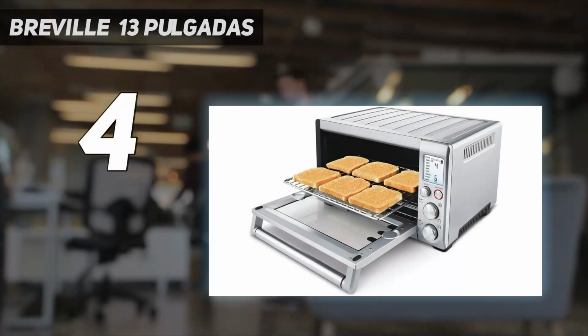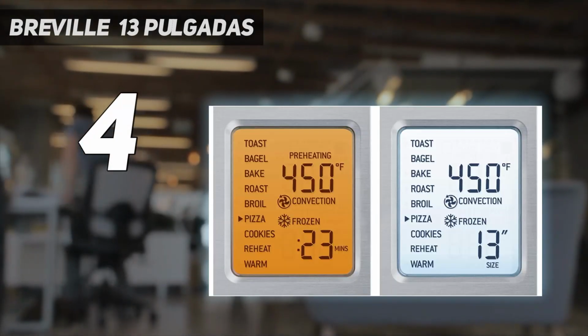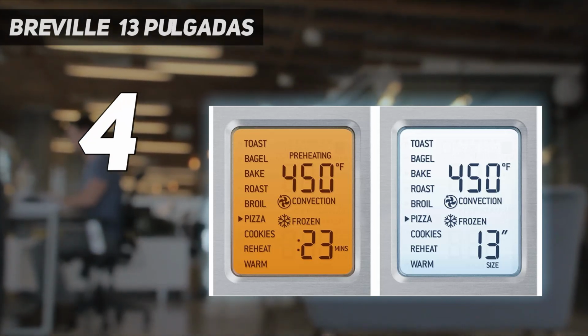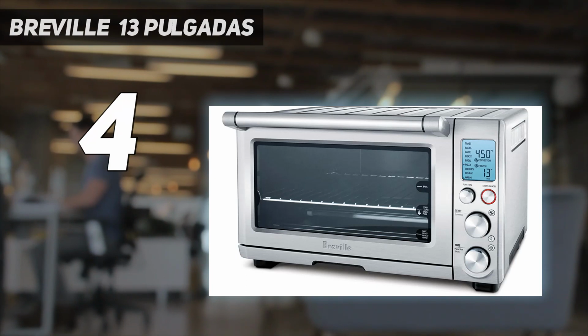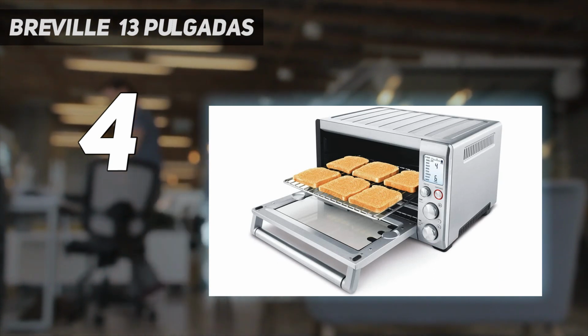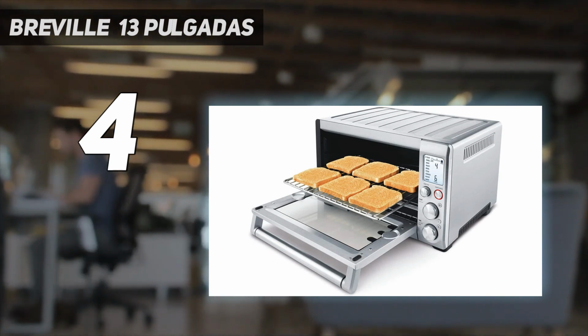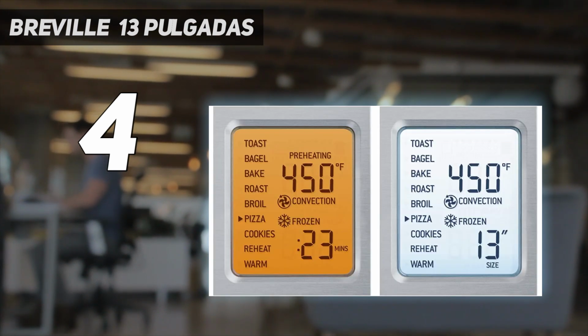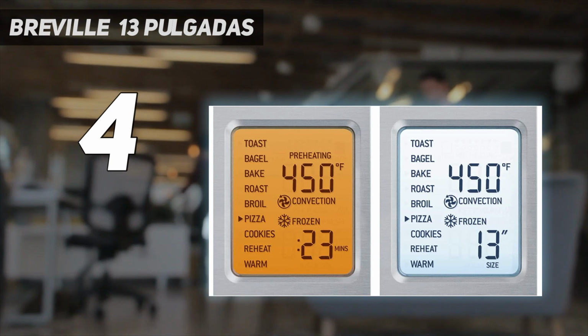Coming at number 4. Breville, 13 pulgadas. Part of what makes Breville's smart oven smart are its 5 separate quartz heating elements, which are controlled independently to make sure the interior heats evenly and consistently. That was impressively demonstrated in our temperature tests, when the oven stayed solidly within a degree or 2 of the set temperature after preheating. It's also capacious, able to fit a half-dozen cookies or slices of bread, a 13-inch pizza,